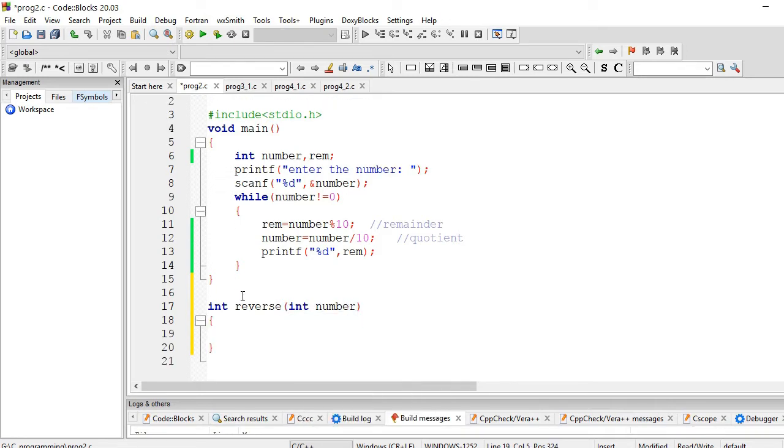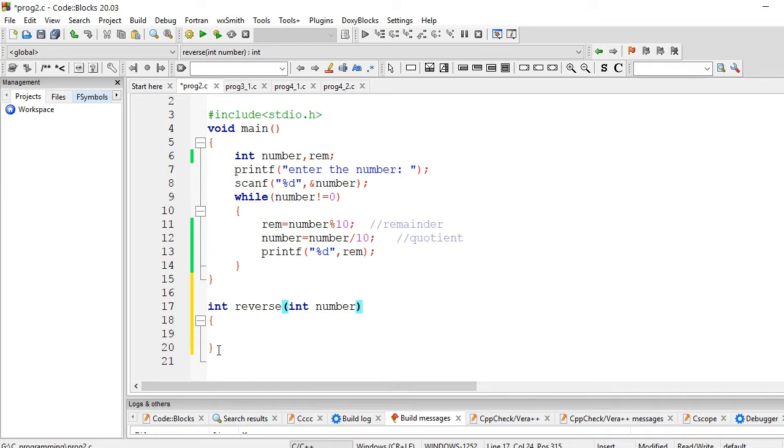So what if I do the logic of reversing in this section of the code, and there will be a main also. So you can easily say then that, oh, this is the reverse operation, so I have named it reverse. And I have passed an integer inside the function, so you can easily say that this is a reverse operation of a number.